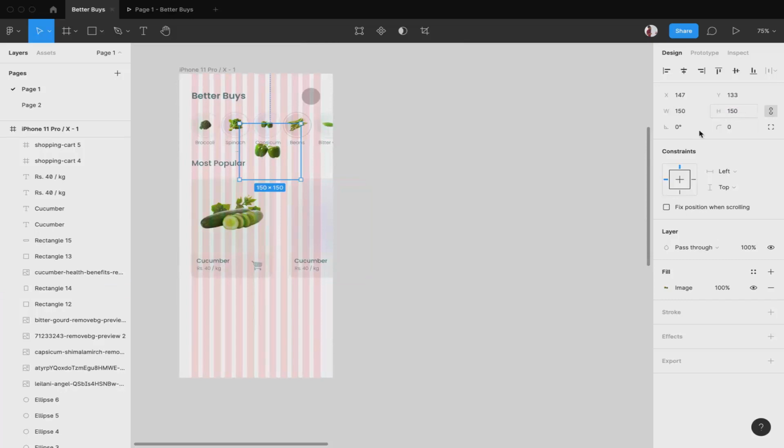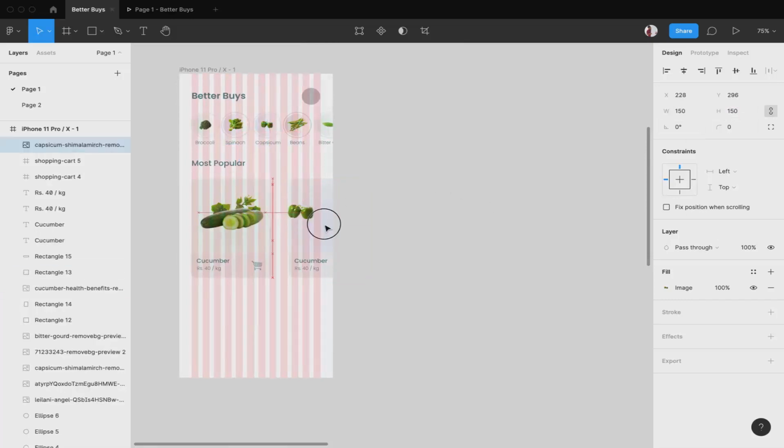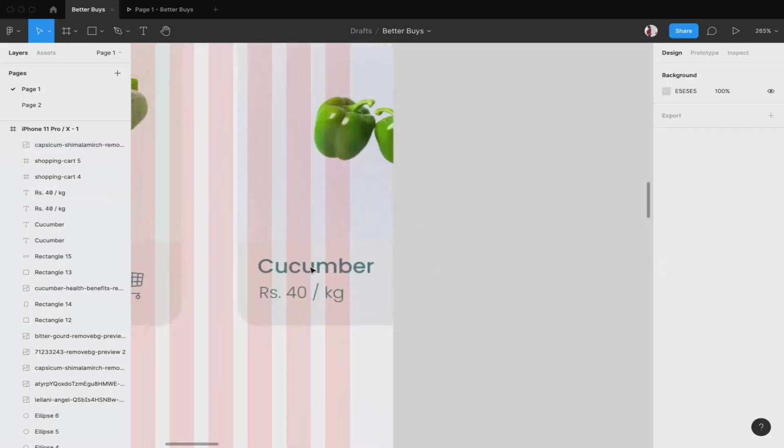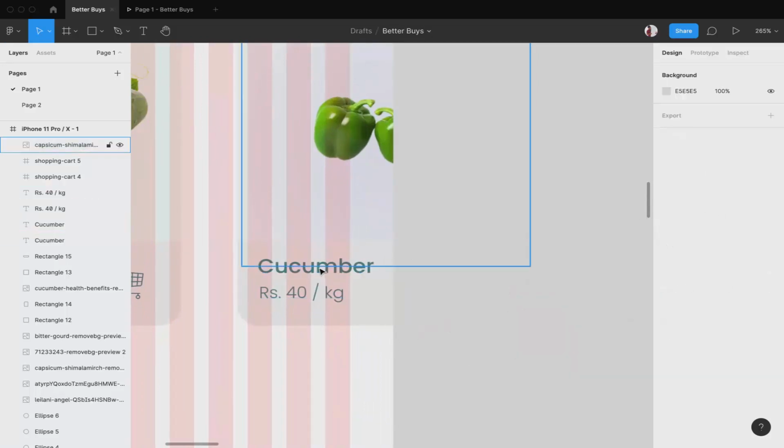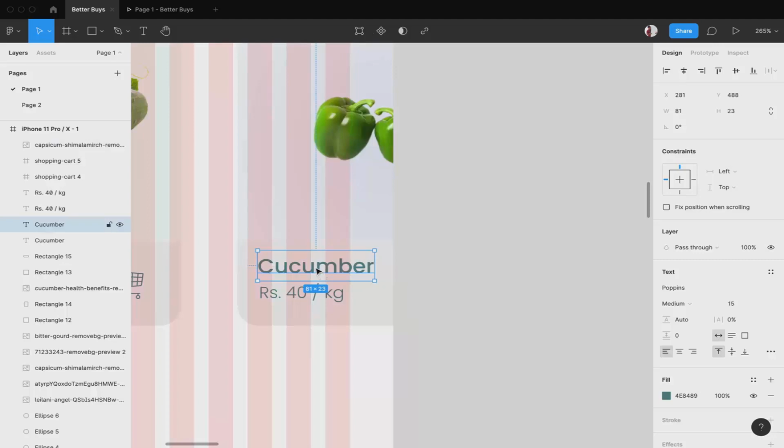I'm gonna make it 150. Okay, so 150 seems fine. Now 150 also feels small, so I'm gonna make it 170 or maybe 200. So 200 is what it is. So this looks fine. Now I'll change the, I'm sorry, I was about to select the text.